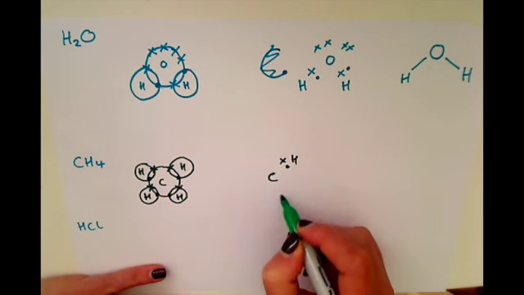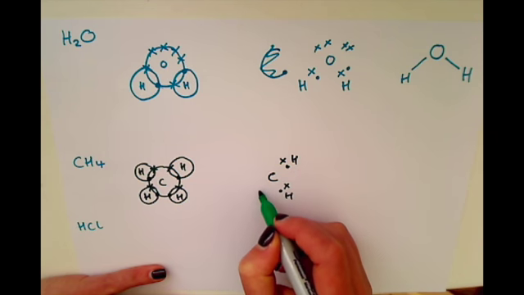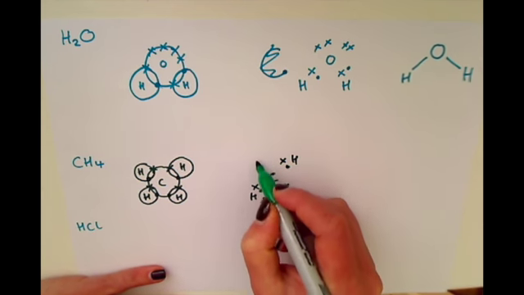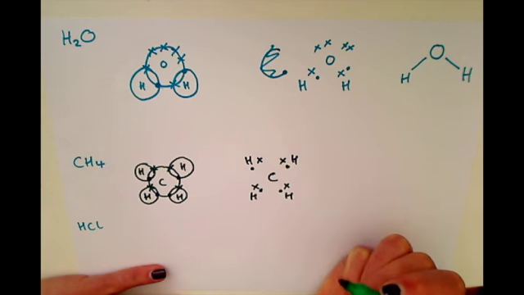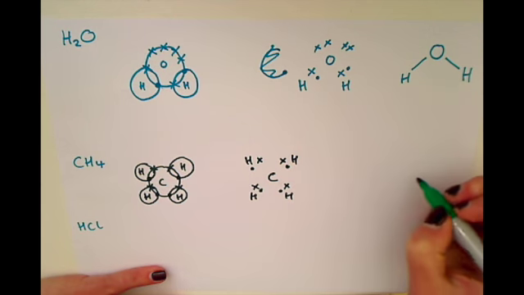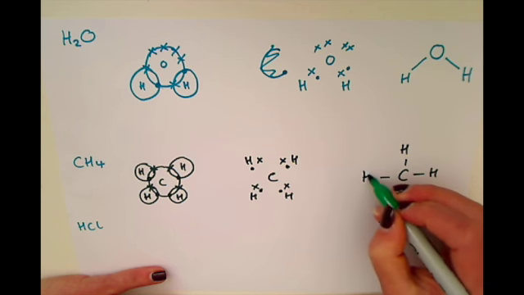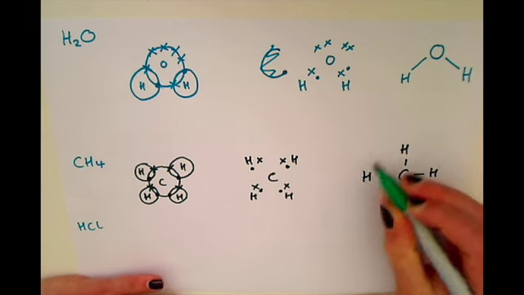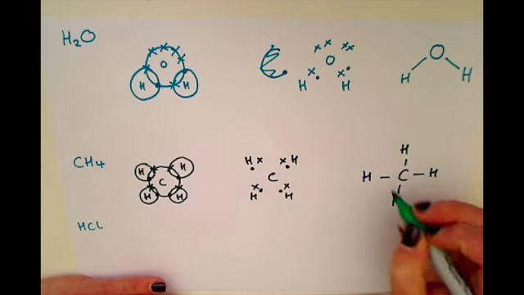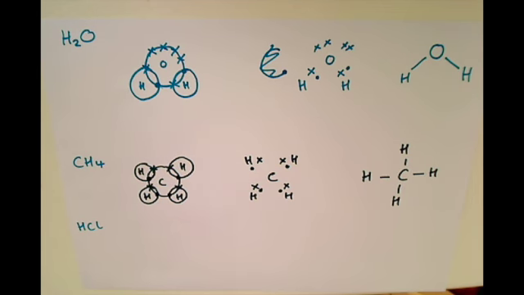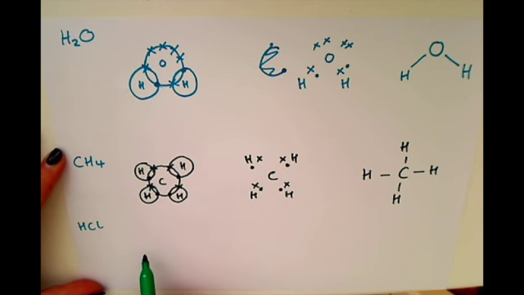We've got hydrogen 4 times around the carbon to make our CH4, and if we draw this in molecule form, this should remind you of the alkanes you were drawing in C1. You've got the non-metal of hydrogen bonded to a non-metal of carbon, therefore this line must represent a single covalent bond. Finally, hydrogen chloride, you would have one hydrogen